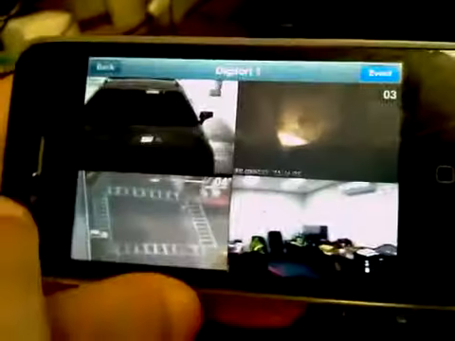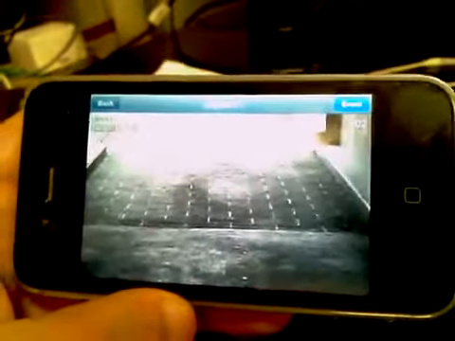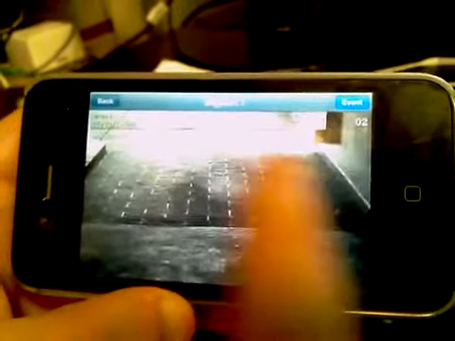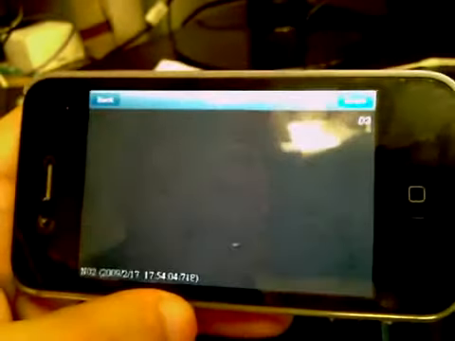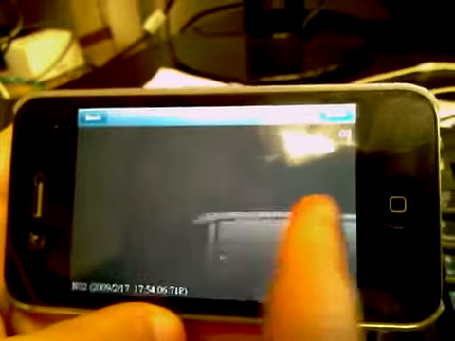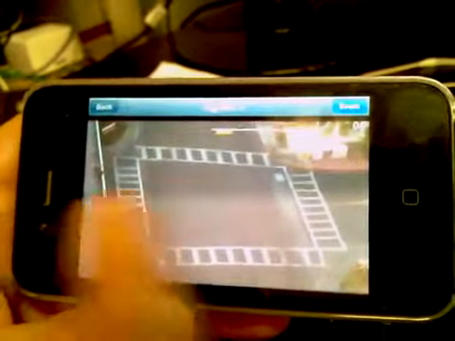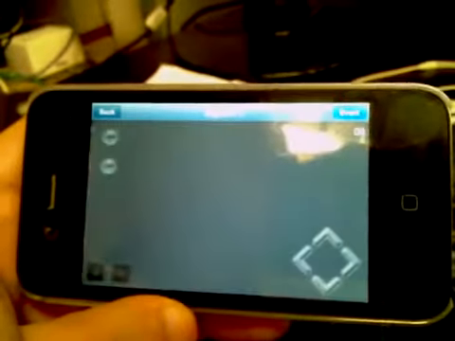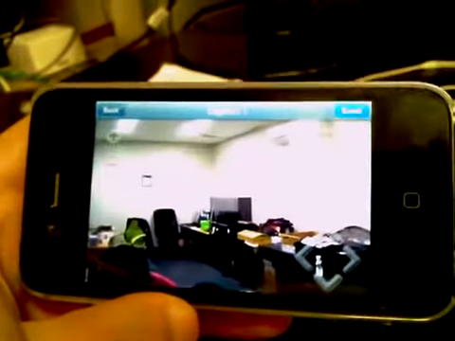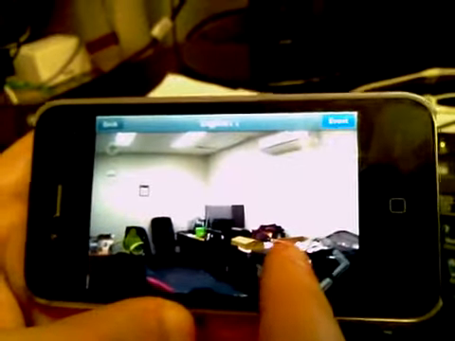Okay, so we have 4 cameras on the system, and I can basically double click on a camera to bring it into a full screen view. I can then slide each camera across. Okay, and slide again. This camera is a PTZ camera, so I get my PTZ controls on screen,